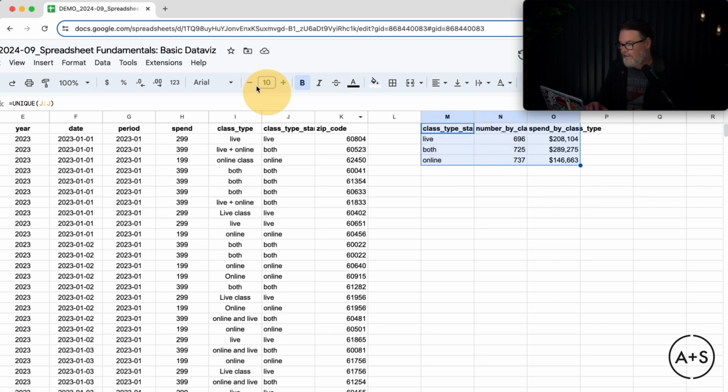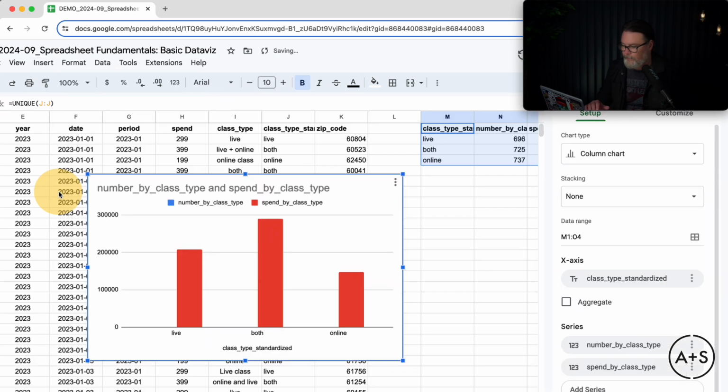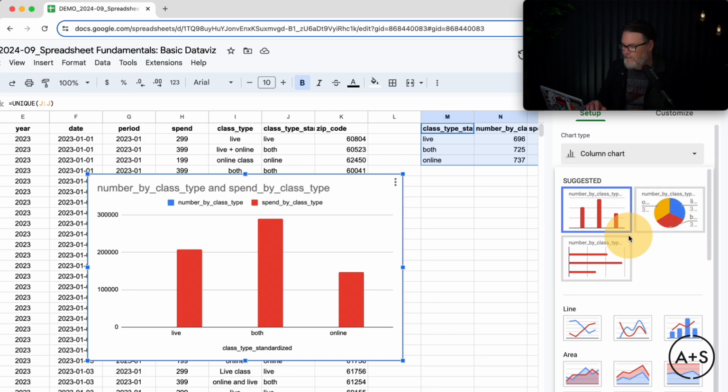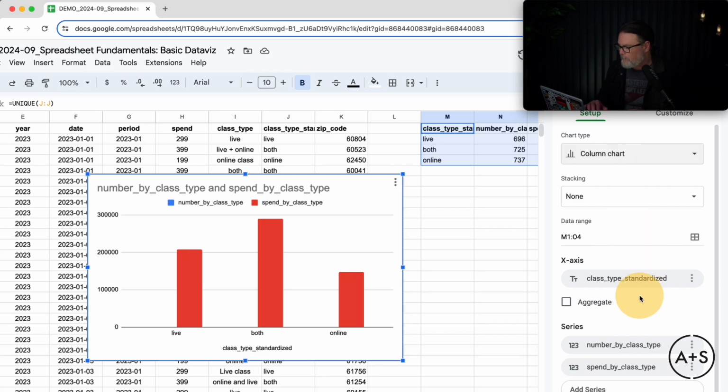Again, I just highlight that table, I click into Insert, I go under Chart, and there I've got a chart. Now, there's some customization that I need to do, and you'll see to the right a panel pops open that allows me to start to modify this chart. The setup piece allows me to choose what kind of chart visual I want, the visual form that I want to use, allows me to do some other things as well, like choose the different data that